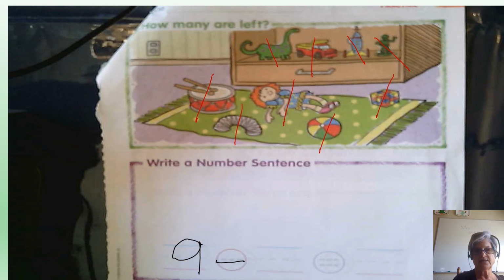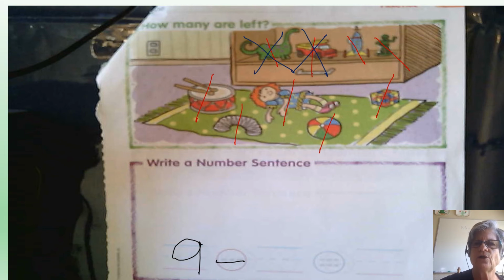It says 9 minus. Now, we decided to put 4 of those toys up on the shelf. So take another color crayon and you're going to put an X on the 4 toys that are up on the shelf. Let's begin. 1,